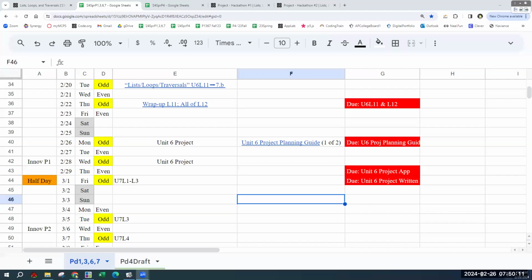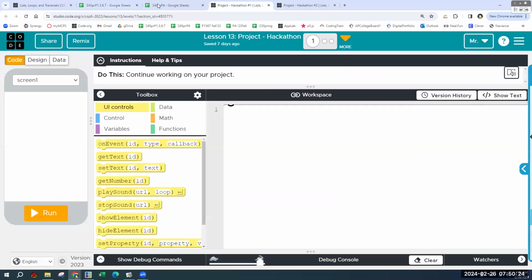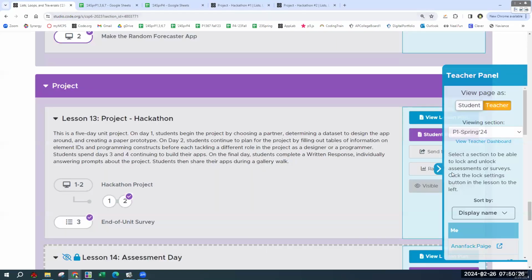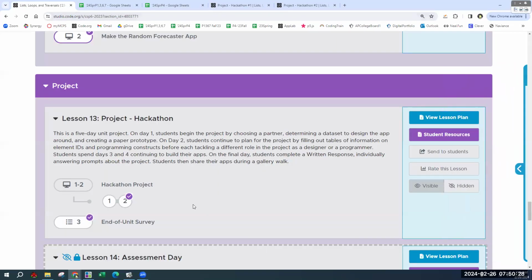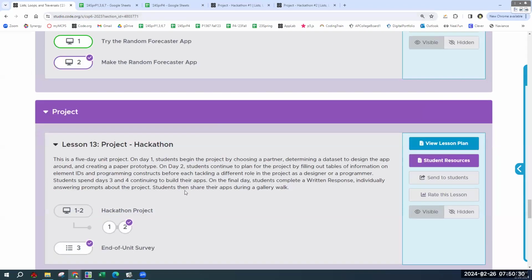So today's the first day of two days, two blocks, regardless, of our unit project. The project itself is in lesson 13. I was right. And you should be able to get to it now. There are two bubbles,